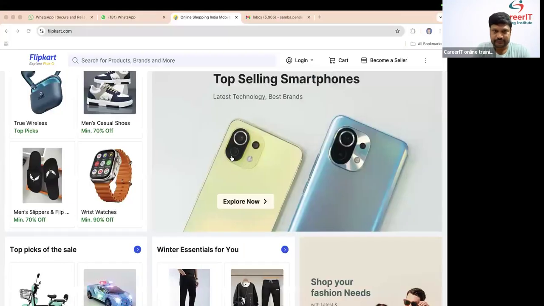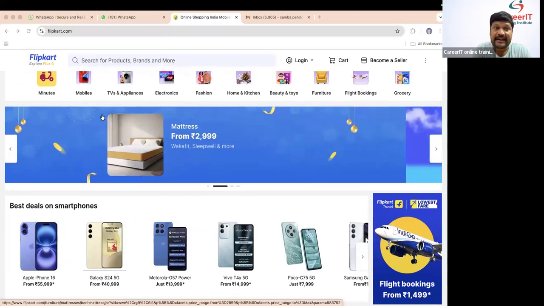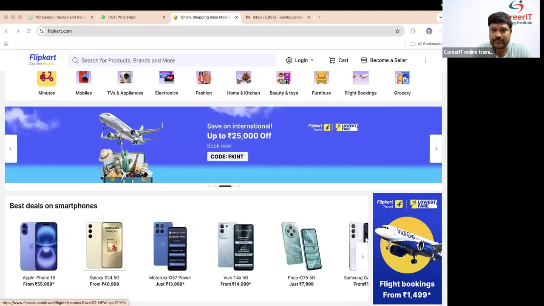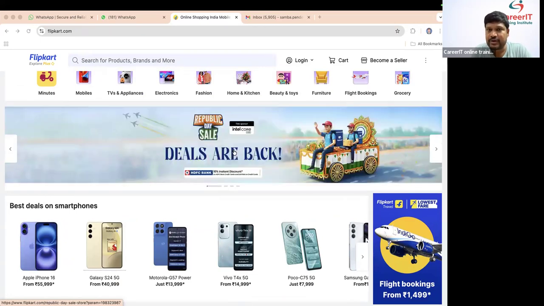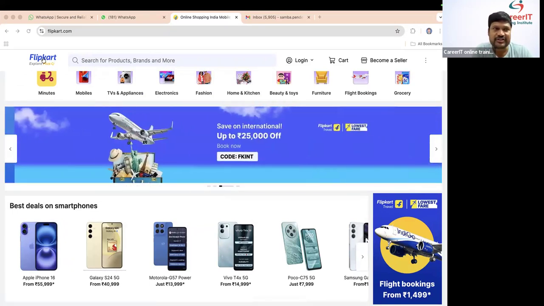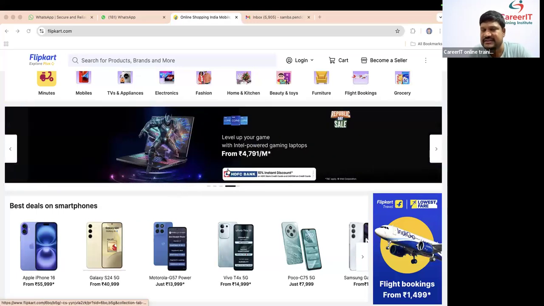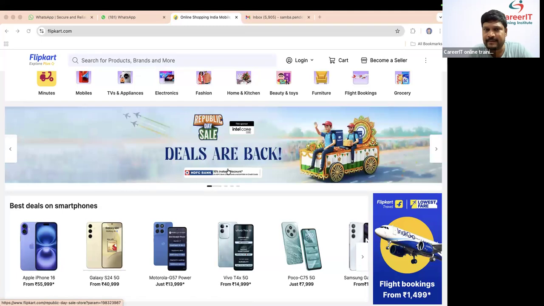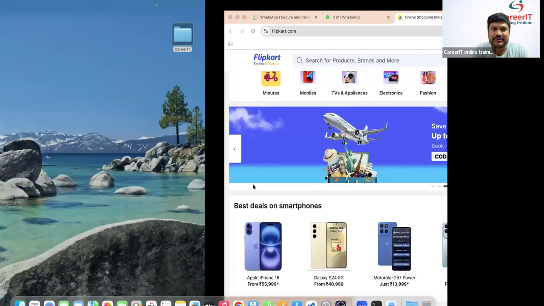Fine. Uma, say this one. For example, what is the background color here? Blue. What is the text color? White. Blue color, next one is white color. Are we able to see the margins? Right margin, left margin, top margin, bottom margin. So many margins are there. Margin means a gap. And to apply these kinds of styles, we will use CSS.